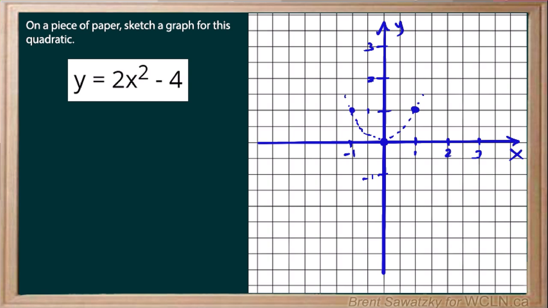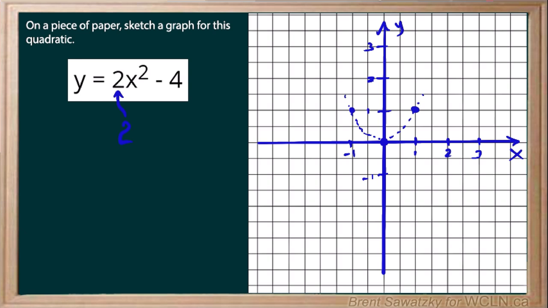And so we stop and we look, okay, reflections. We do not have a negative sign out front, so there is not a reflection. So it will maintain that U shape there. Perfect. Next, compressions, expansions, and we look at the number out front, and we recognize that as 2, or our